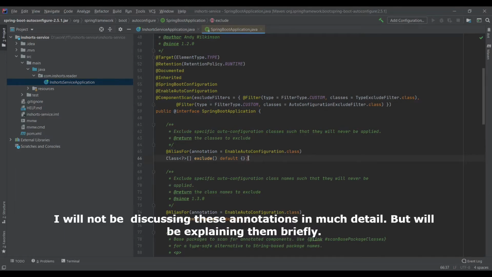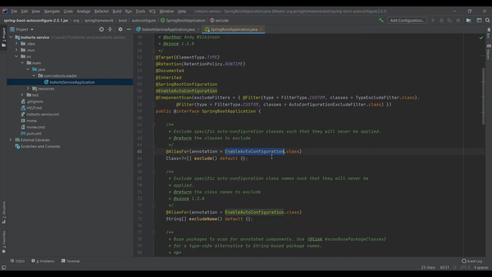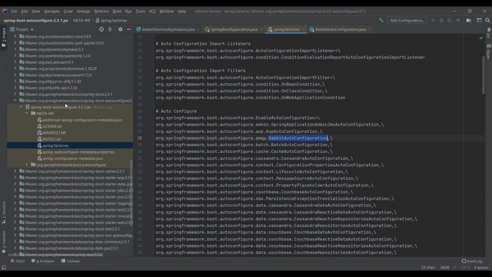To summarize, EnableAutoConfiguration is one of the features of Spring Boot, which tells that you need to enable the auto configuration. What auto configuration basically means is that we have a bunch of annotations called @Conditional. There is a concept of beans in Spring Boot. It says that whenever some particular jars are present in the classpath, only then will you create a bean of that particular class. Let's take an example of this.